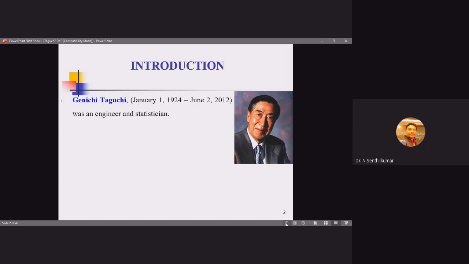Junichi Taguchi. You might have come across these words, Taguchi's quality loss function. People who have gone across total quality concepts and total quality management principles might have come across this term, quality loss function. That is also one of the contributions by Junichi Taguchi. Quality loss function, that is, quality should be inbuilt. That is the mantra of Junichi Taguchi. Similarly, quality has been inbuilt in his own design of experiments also. That's why he has incorporated the analysis part in this.